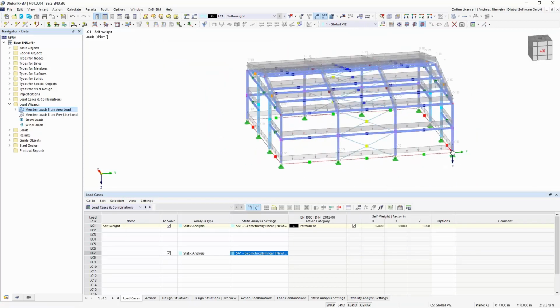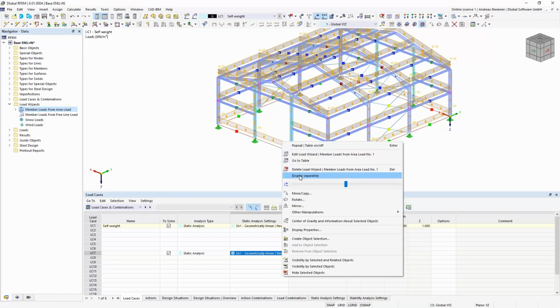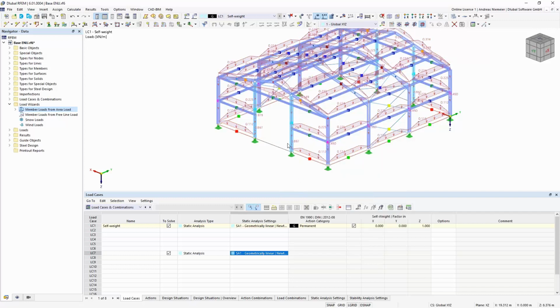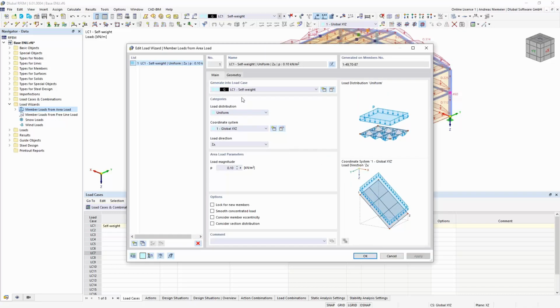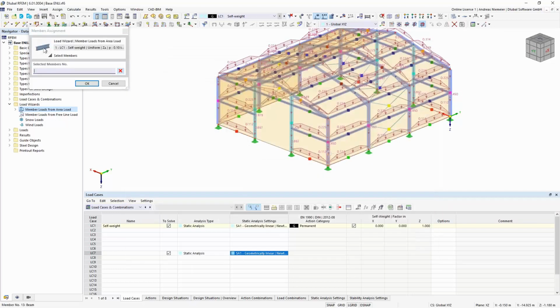It looks nice at first view, but if you say please show me the member loads in background, you can use display separately, and you see it will distribute the load on all members which are available. Of course it's not expected here, but you can modify it. So you can say here, for example, please remove the influence of all members which are parallel to this vertical member, or parallel to this member, or parallel to this member.